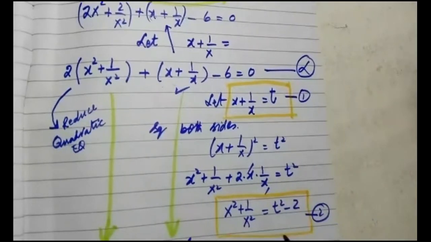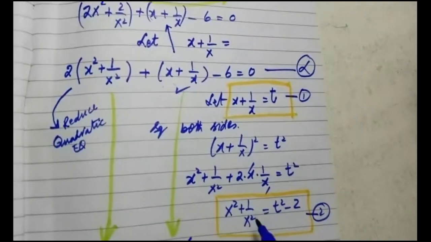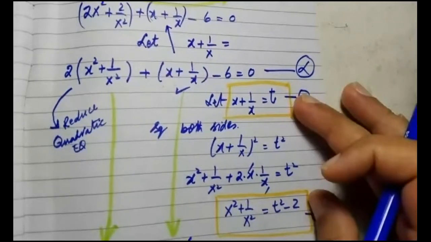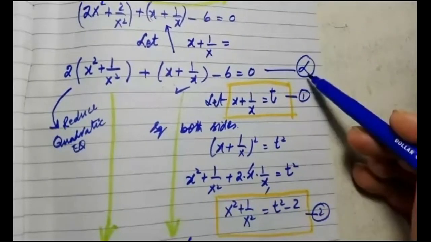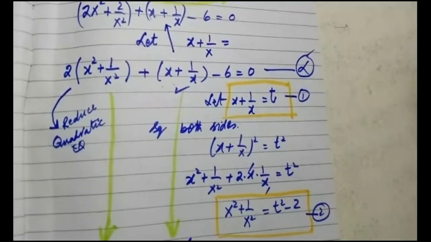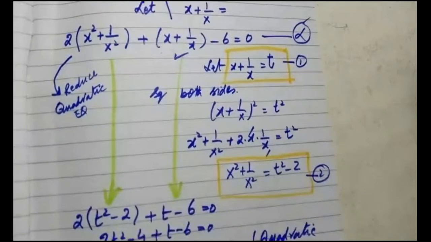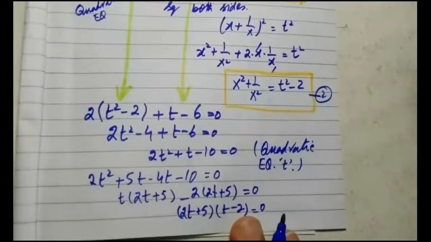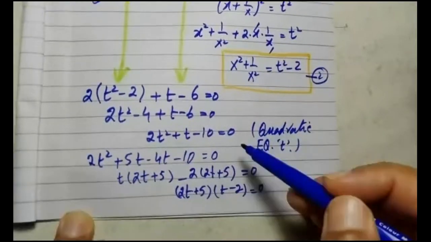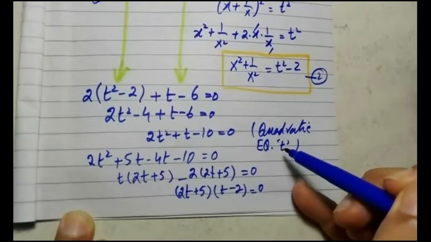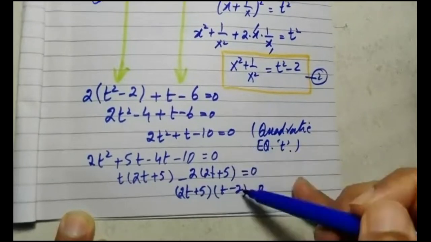Now both of these yellow box values will be substituted into equation number alpha, that is above this equation number alpha. And once you will substitute it, you will see that the equation will be reduced to quadratic equation in terms of another variable t, like this one. Once you will do it, the equation will be reduced into quadratic form. So quadratic in t. So once the equation is converted into quadratic in t, you will get two answers of t, as I have done on the next page.